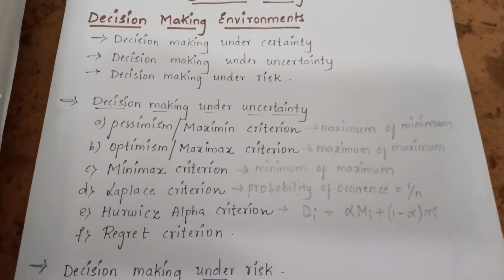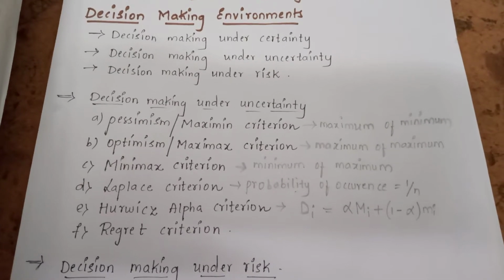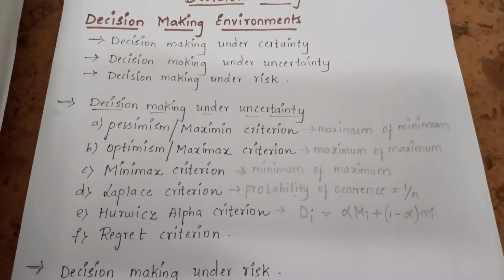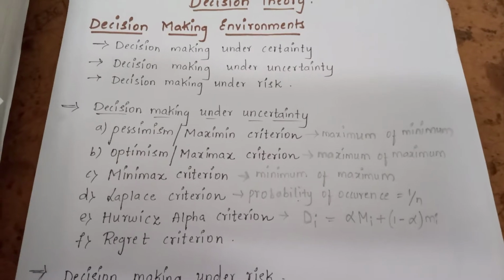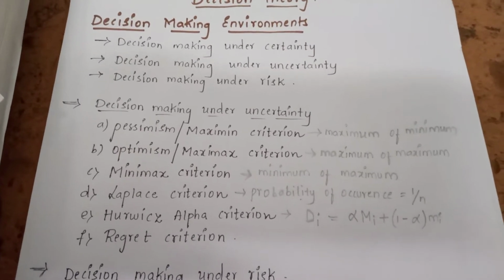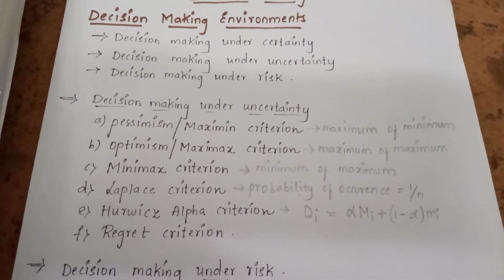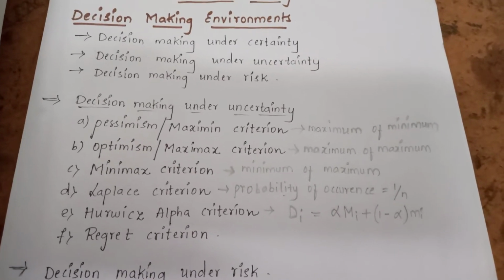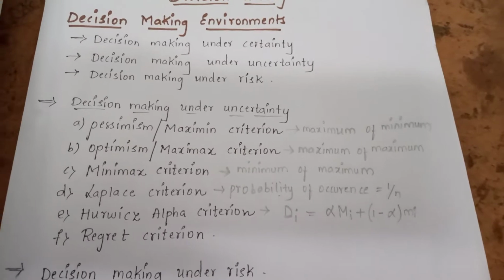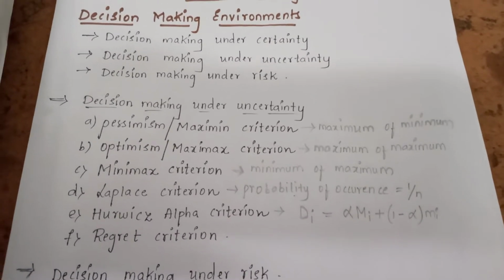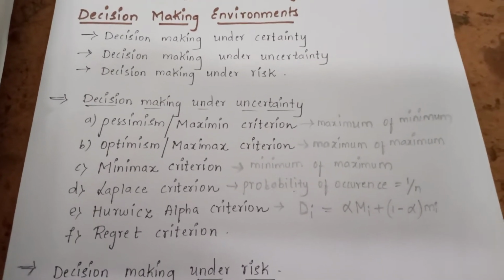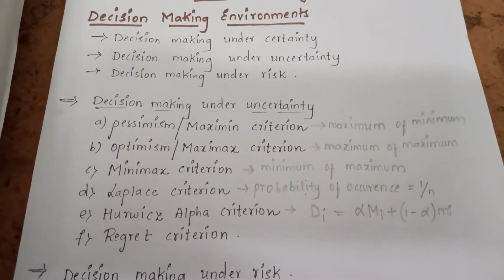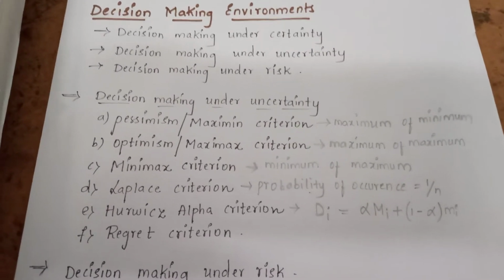Decision making under certainty is the easiest to operate, since the decision maker has enough information available with a definite result, so he can easily take decisions in this situation. Methods like linear programming, transportation problems, assignment model, etc., which we have discussed in our previous classes, are the methods that are used to take decisions under this situation.